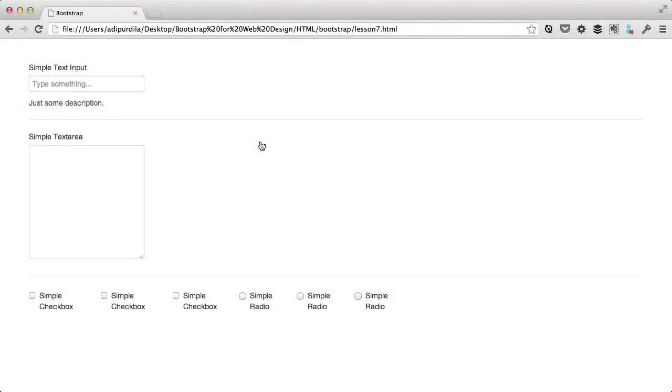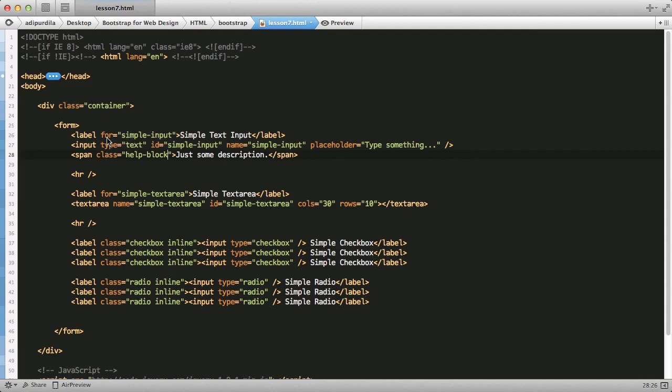The default width for an input and text area is 206 pixels. This can be changed, however, by using several sizing classes, or simply matching the widths to the grid columns by using the span classes. Now, the easiest example refers to a block level form element, like an input or text area. So, for example, let's take this first input